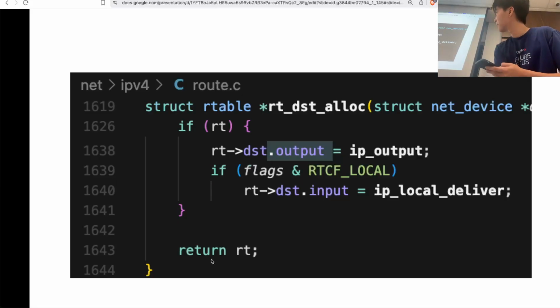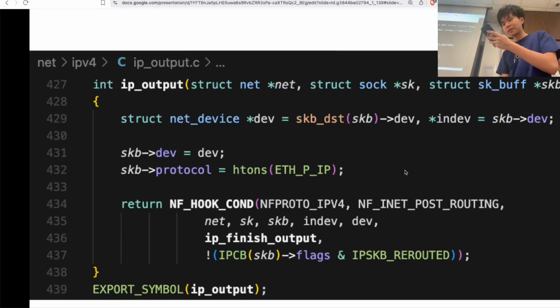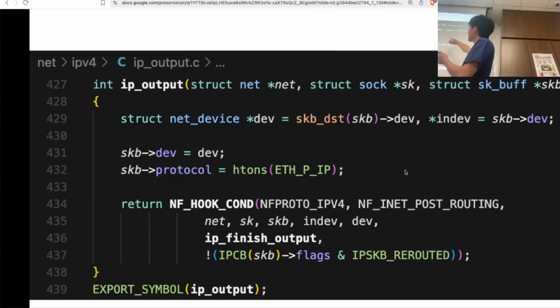So yeah, you see that one of the fields we set over here is output. So basically we're calling IP output. So what is IP output? Okay, that's where my notes resume. So IP output checks netfilter over here for